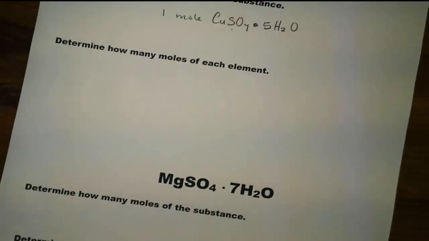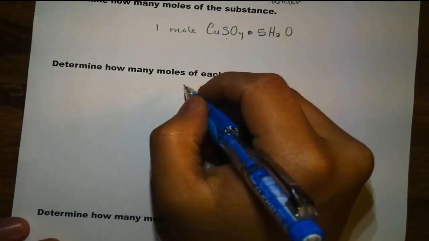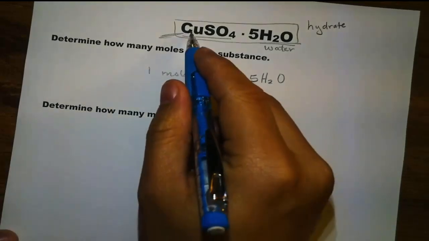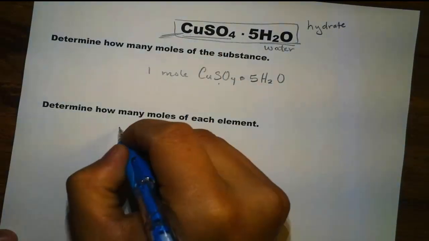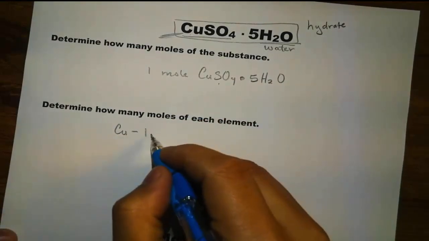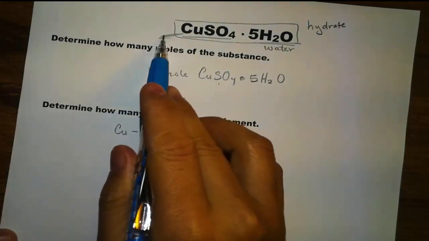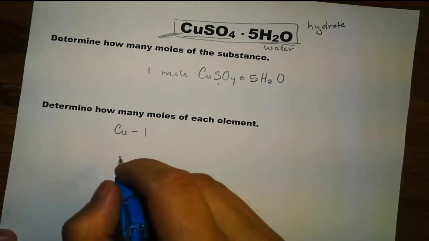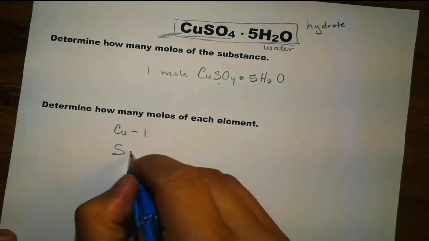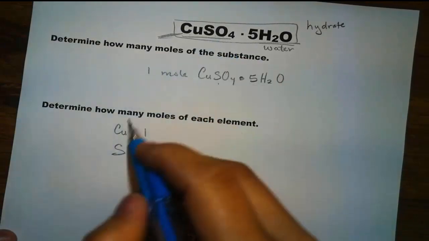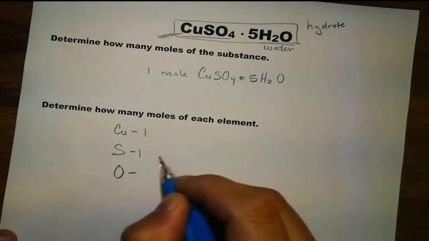Now let's determine how many moles of each element. To do that, we need to realize, oh, do we need to rewrite again? No, we don't have to. Let's look at this. We have copper, we have no subscript right there, so copper, that tells you just 1. And do we have to multiply by any? No, because there's only 1 as a coefficient. And then sulfur, we have no subscript, so that tells you just 1. Let's look at oxygen, okay? Look at oxygen. We have 4 right here,